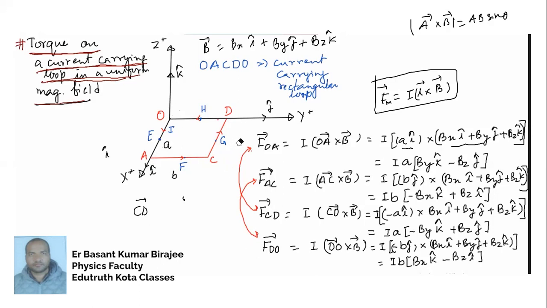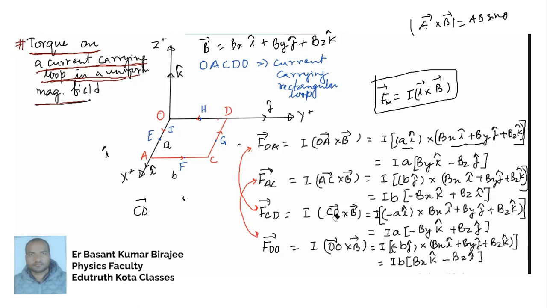Why? Because it is anti-parallel to the positive x-axis, and along the positive x-axis you have the unit vector i cap. That's why along the CD vector you will have the unit vector minus i cap. So this force is CD vector cross B,